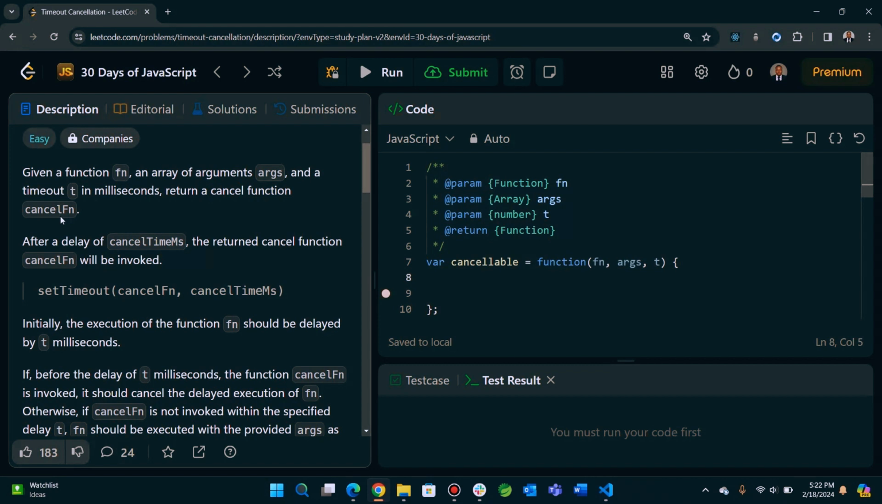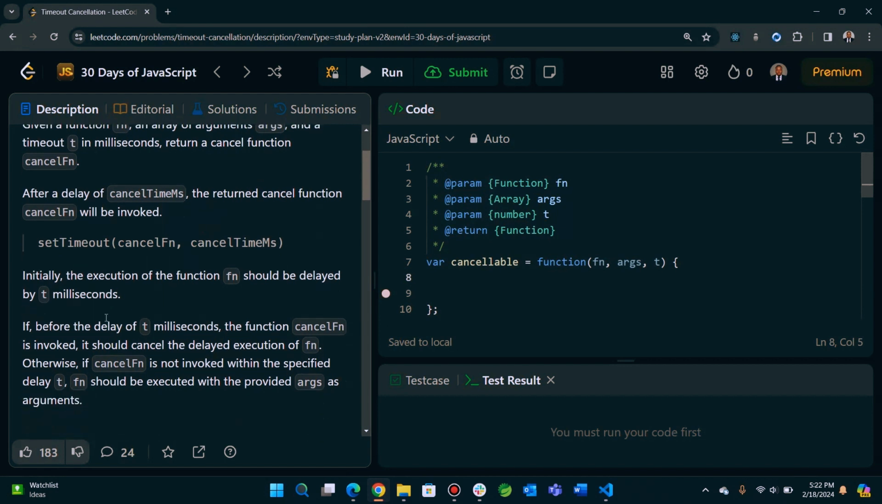Now, after a delay of cancelTime in milliseconds, the returned cancel function will be invoked. So after a certain delay, this function would be invoked. Now, initially, the execution of the function fn should be delayed by t, which is in milliseconds. Now, if before the delay of t milliseconds, the function cancelFn is invoked,